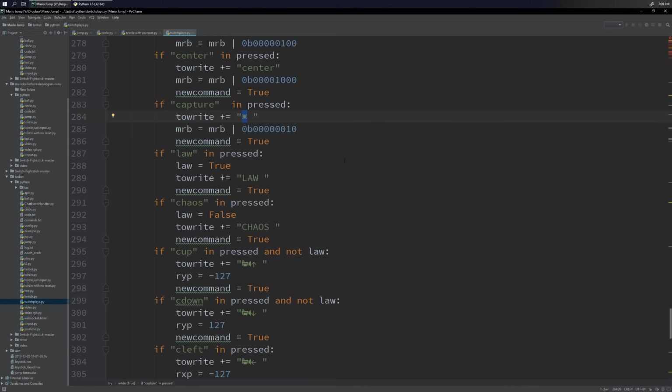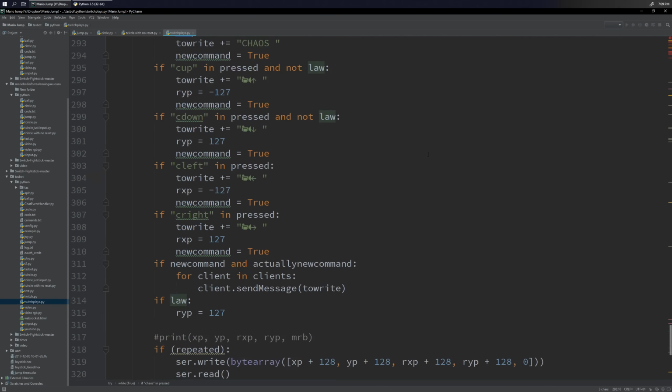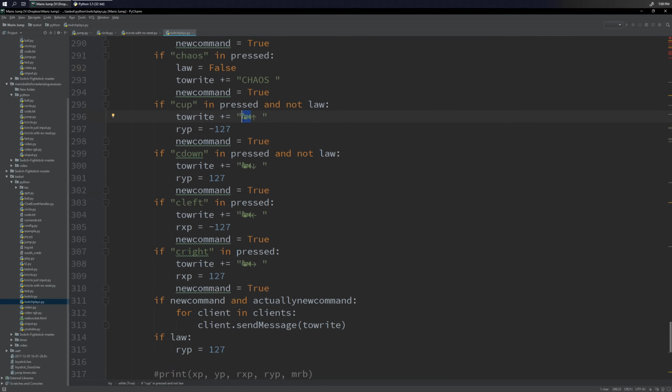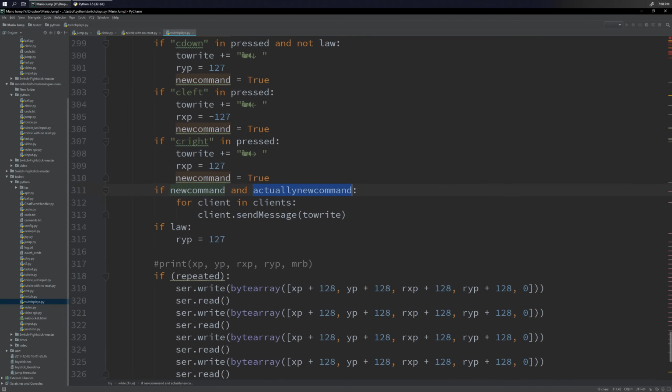It is very close. Oh yeah, and then we have law mode and chaos mode. Those just set those variables. There's no voting system there or anything. It had the fun little camera icon. This was really fun because that's an emoji, and it doesn't render as a full color emoji in PyCharm, but on the stream it sure did. And yeah, those just control the right stick. That's all super self-explanatory.